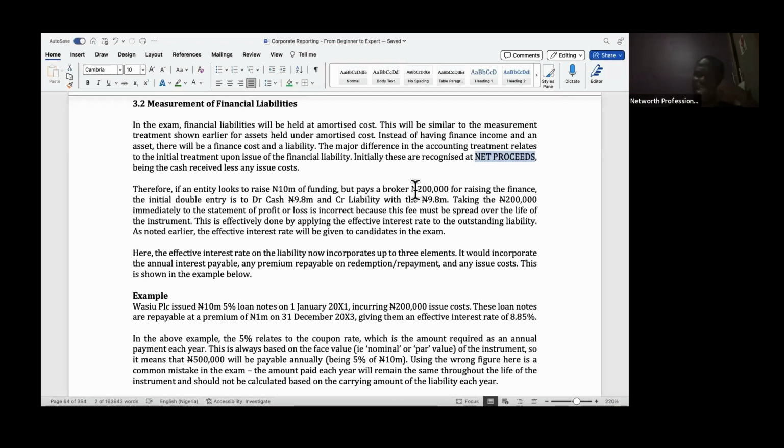But I'm more focused on the one you are capitalizing to distinguish it from this liability. For a liability too, you are capitalizing this 200,000, but because your money is going out now and this 10 million came in, it is the net that actually settled with you, and that is what you are going to recognize in your books as a financial liability. Now, having cleared net proceeds,